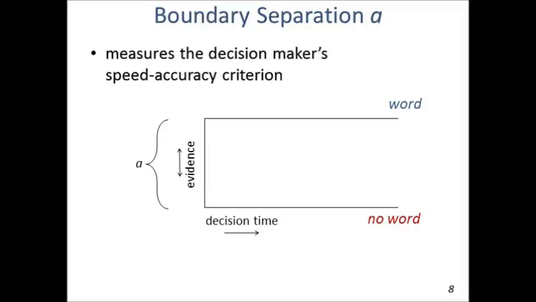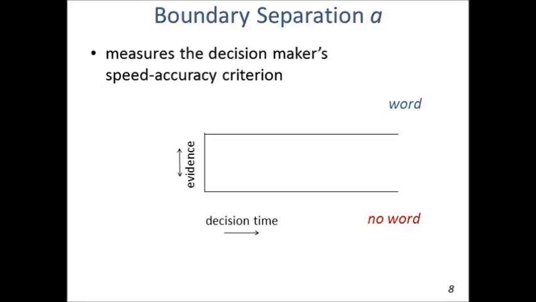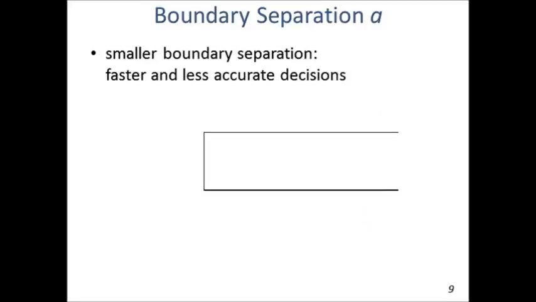There is another important parameter in this model, namely boundary separation, the distance between the two thresholds, which captures a decision maker's speed accuracy criterion. So if boundary separation is reduced, what happens is that on average, accumulation processes will reach one of the thresholds more quickly. So we will have faster decisions, but these decisions will also be less accurate because the relative impact